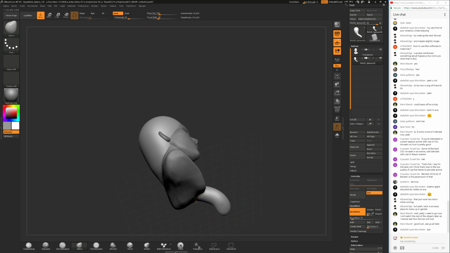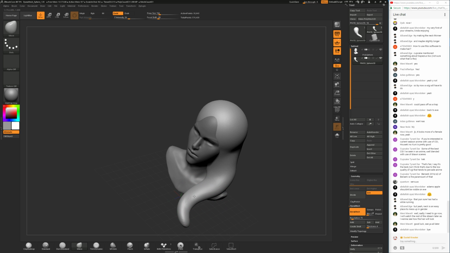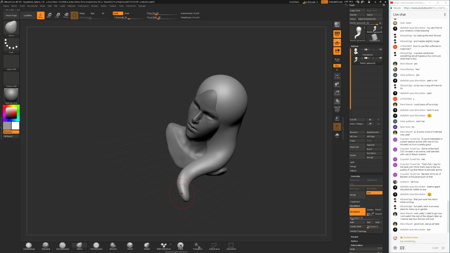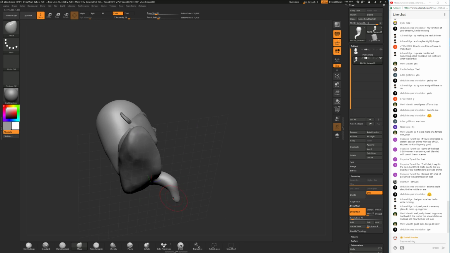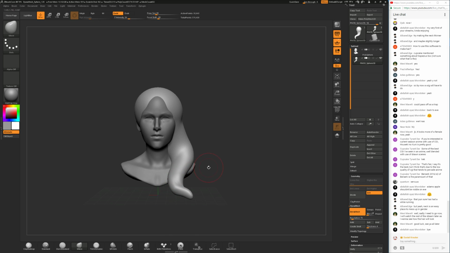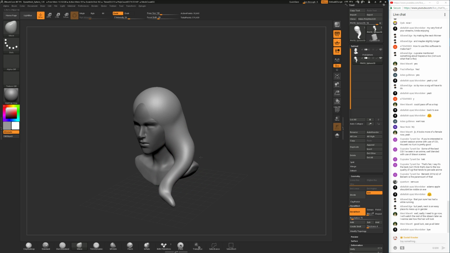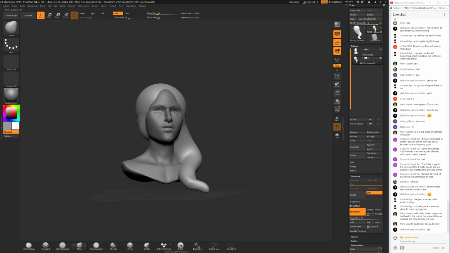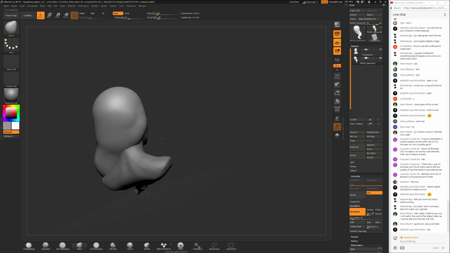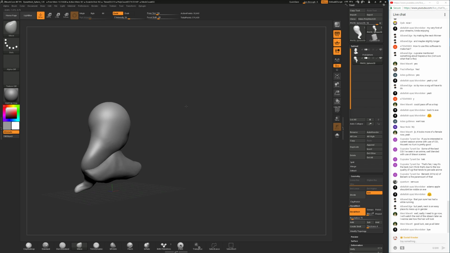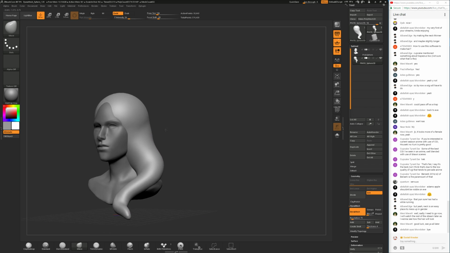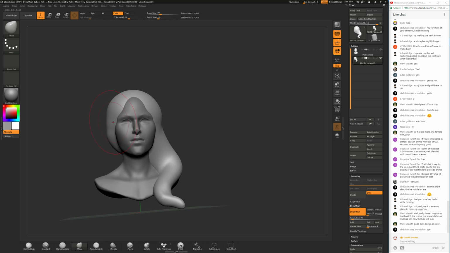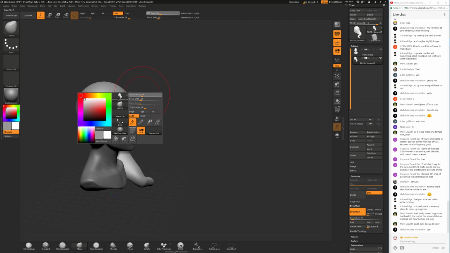I start almost every object with the move brush. Speaking of which, it seems like a very good way to get the proportions right before getting stuck with some details. It keeps you from spending too much time on anything that you shouldn't be paying attention to at that time. So that is the rough concept of the hairstyle that I'm going for. I will be adding more detail from here on and moving things to the right place a little bit here and there.